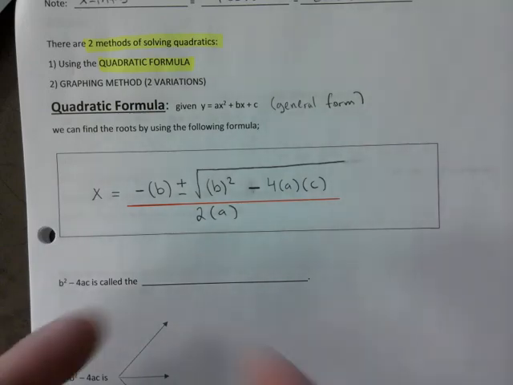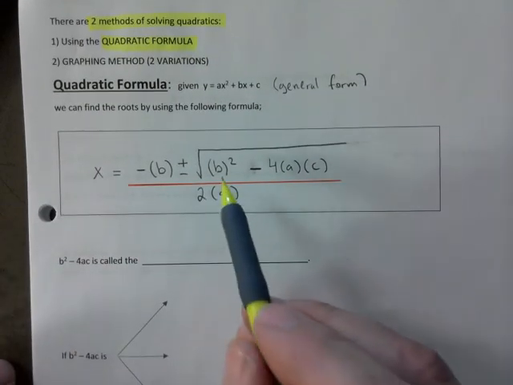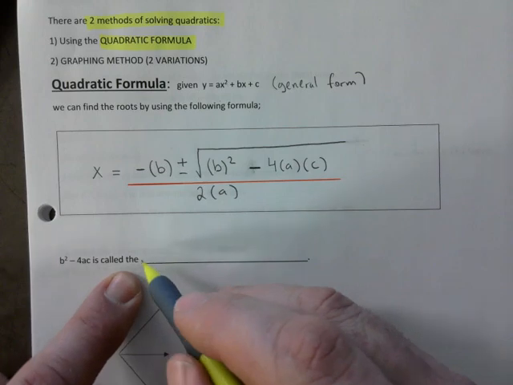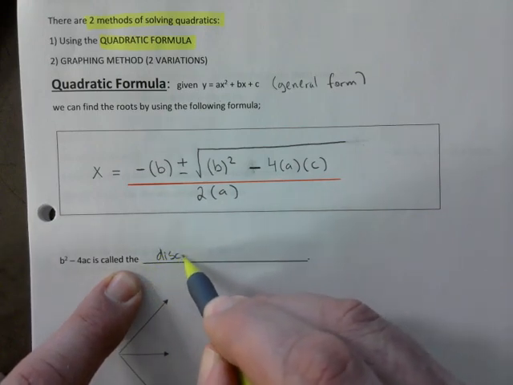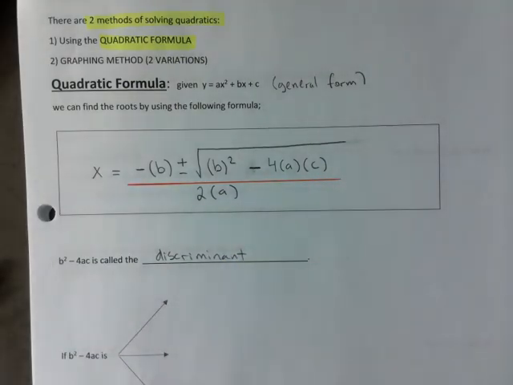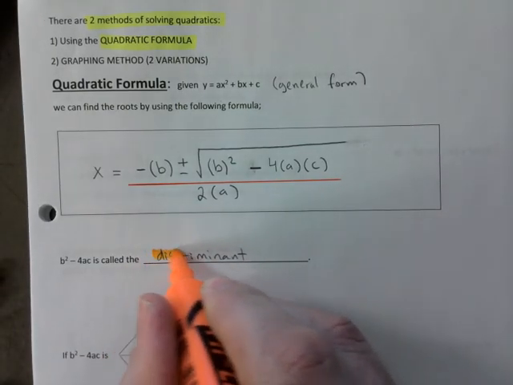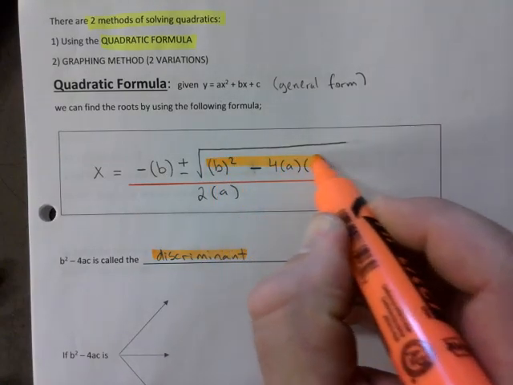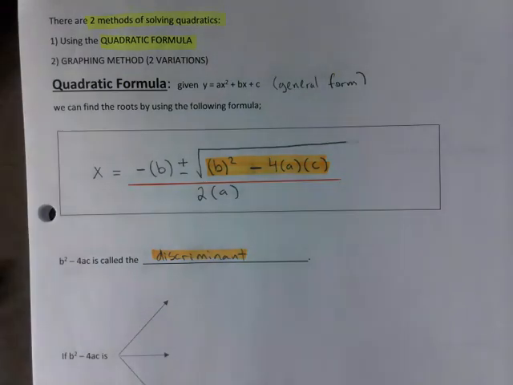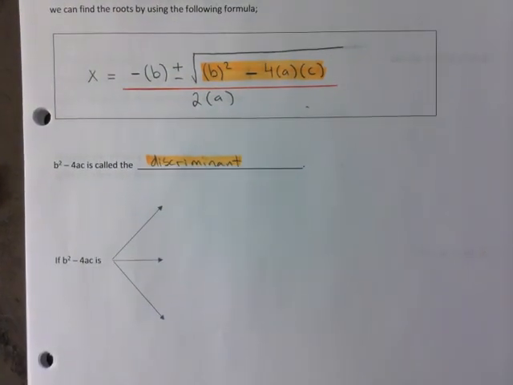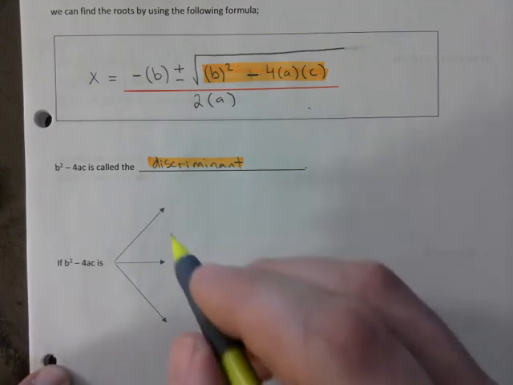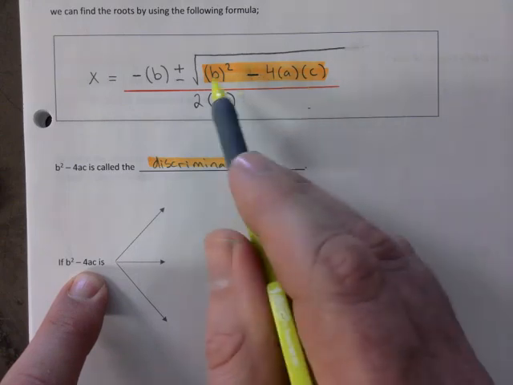Okay, so you're literally, this is how you do it by hand. The part that's inside, the b squared minus 4ac, is called the discriminant. Okay, and so this part inside here is what we call the discriminant. And why we call it the discriminant? Because it discriminates. It tells whether or not the parabola, if whatever is inside the root, if you type this